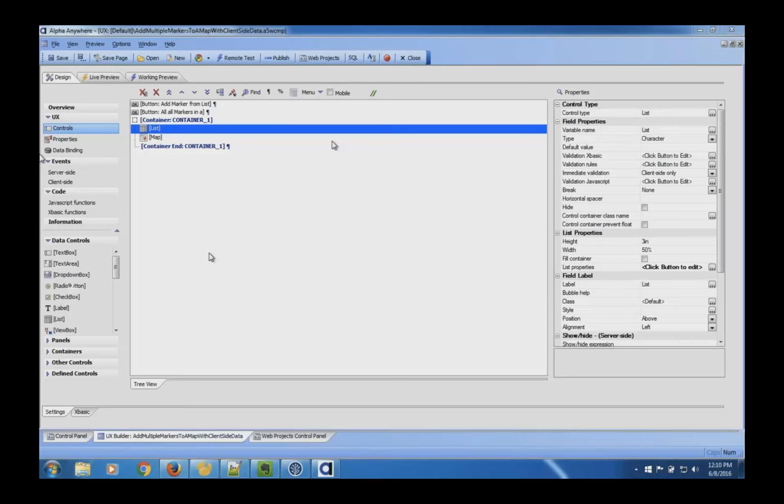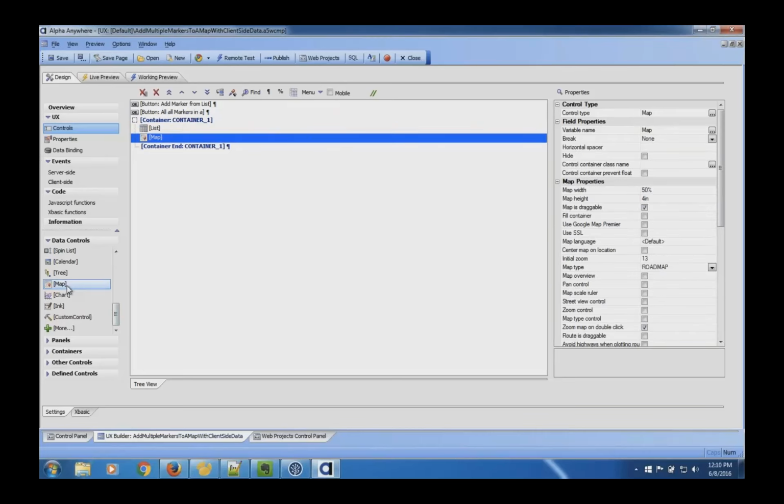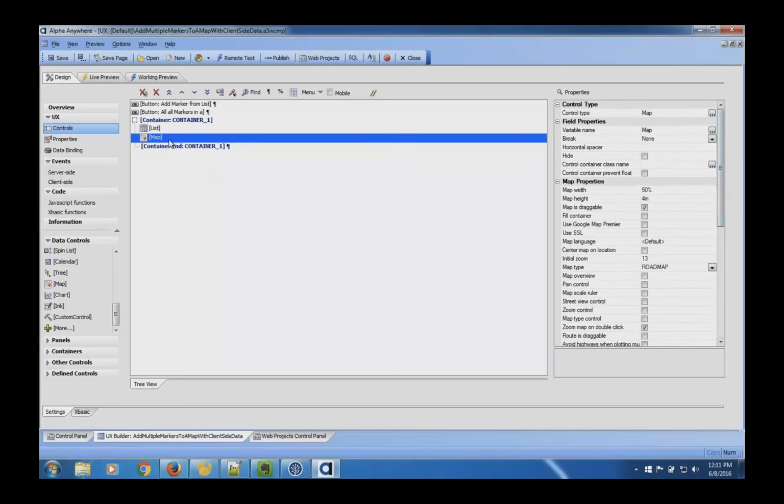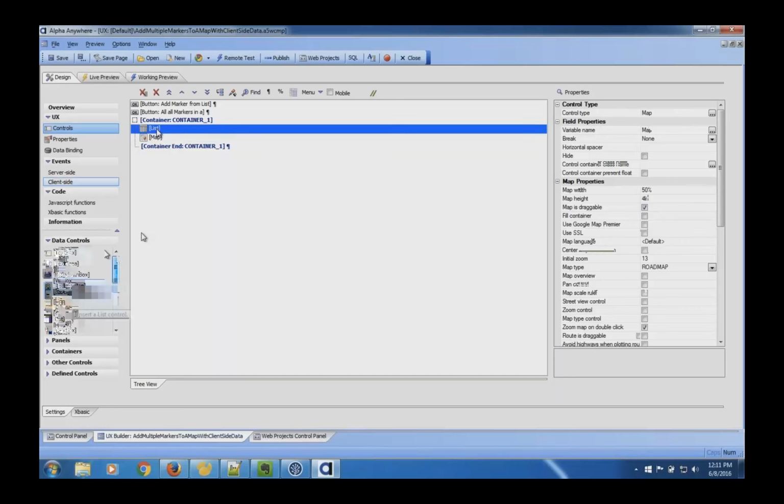So we have a map component, and the way I put that out on the screen is I just clicked on map here in the data controls, and that added the map. And you'll see in here that I made a few little adjustments in terms of the width and other pieces along those lines, but really simple. I just added that map. The next thing I did was I created a list control, and the way I did that was first I took this list control and dragged it out here,